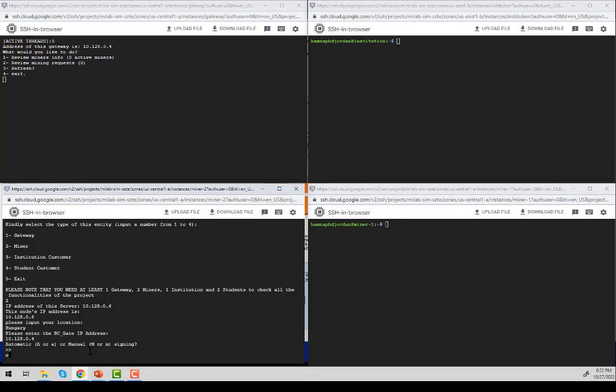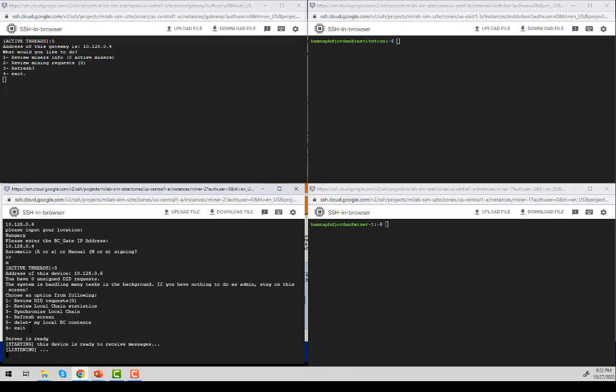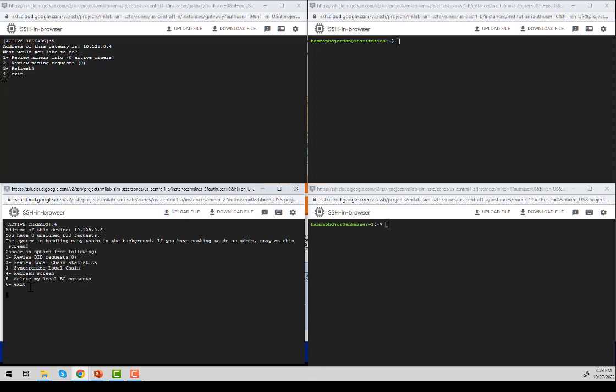So we'll press manual, and then we have 6 options here. I will choose for now option 6, which is refresh, to refresh the screen and just stay on this reduced screen to understand what's going on. So number 4, and then we have these options. Here, if you refresh the